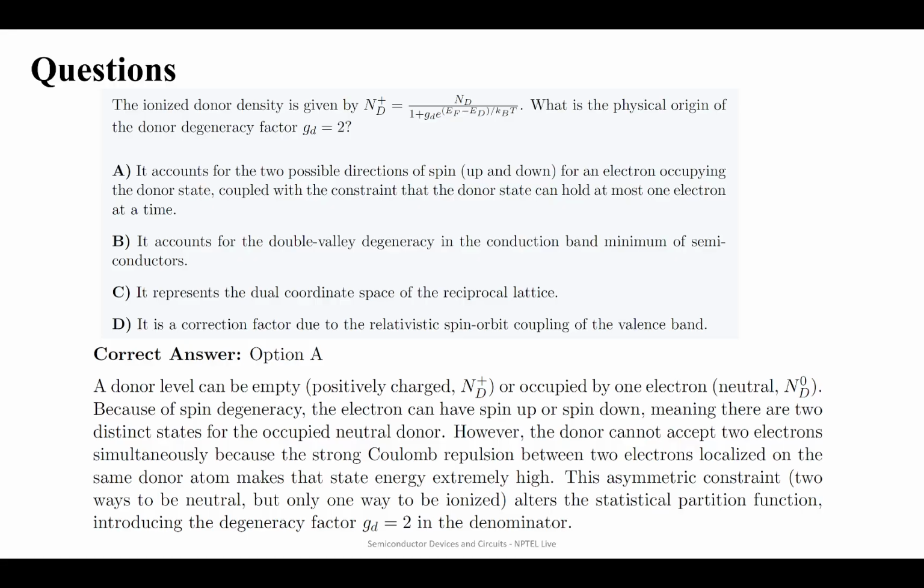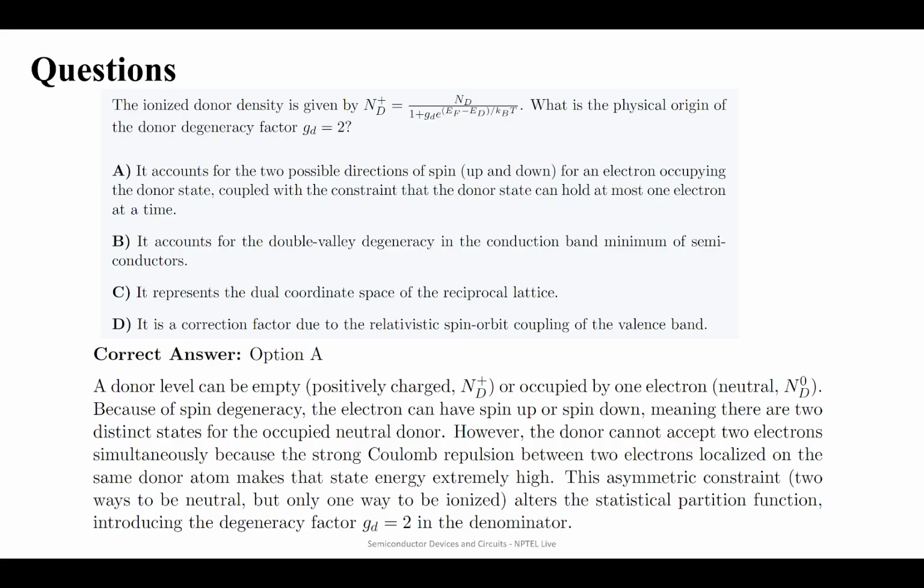The answer to this would be option A. So the donor level can be empty, positively charged Nd plus, or occupied by one electron, neutral Nd0. Because of spin degeneracy, the electron can be spin up or spin down, meaning there are two distinct states for an occupied neutral donor. However, the donor cannot accept two electrons simultaneously because the strong Coulomb repulsion between two electrons localized